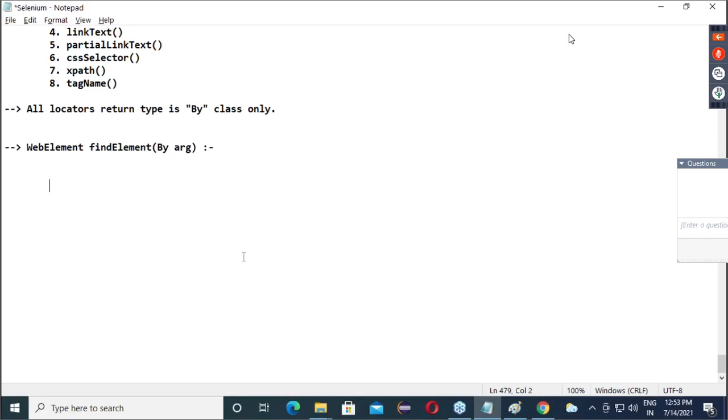See, this is one of the very tricky questions, guys. What is the difference between findElement and locator? Or what is the relation between findElement and locator? Either difference or relation, they may ask anything. Pay attention now.